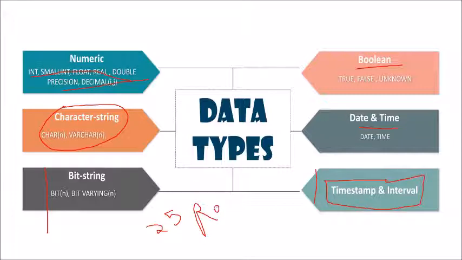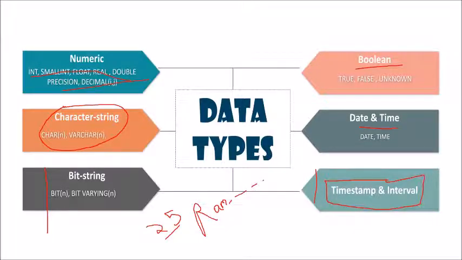In RAM, how many characters are there? 3 characters, but the memory allotted is 25. So the rest, 22 characters of memory, is wasted because it is padded with white spaces when we declare the data